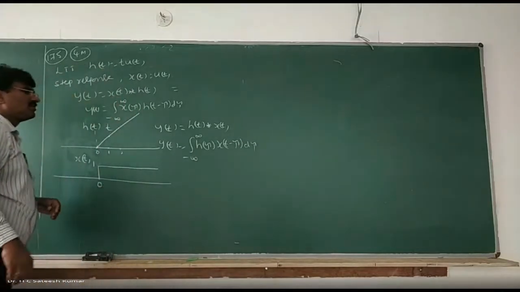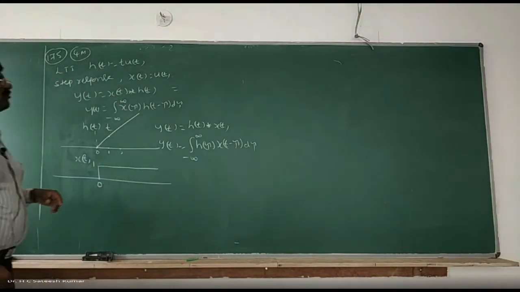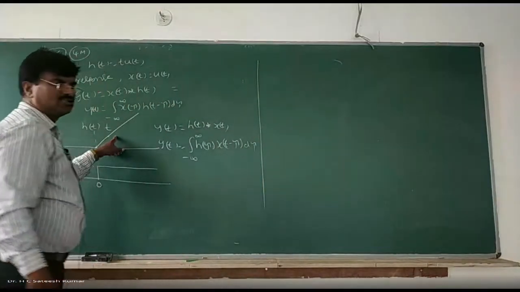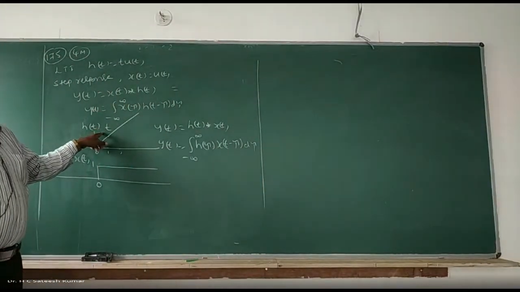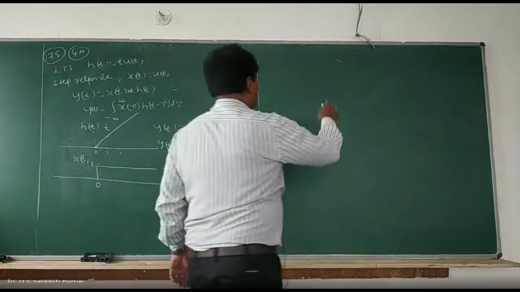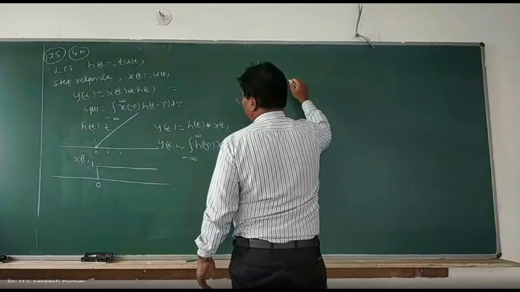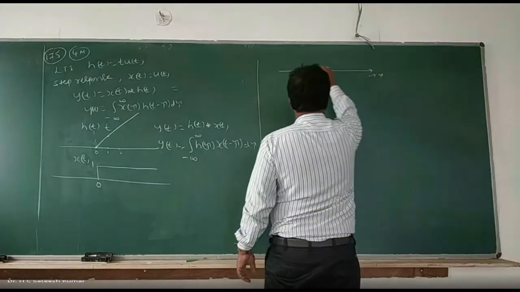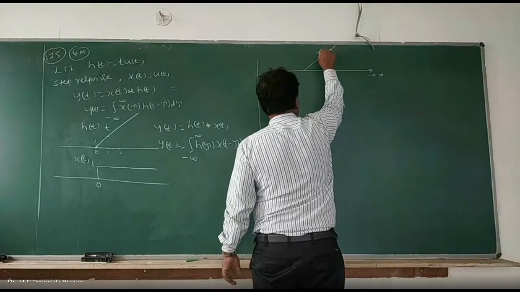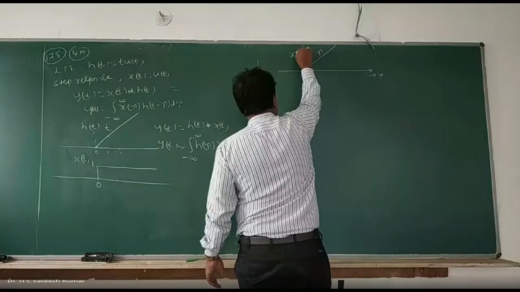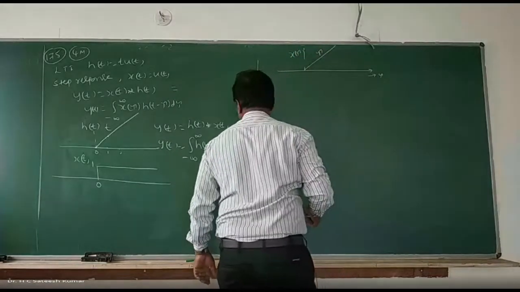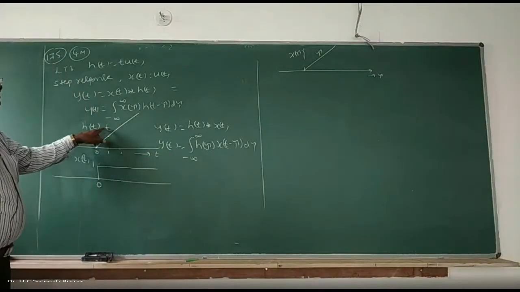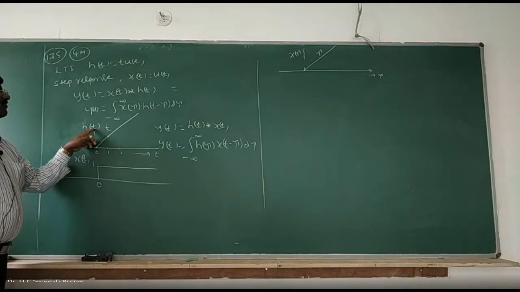Okay, right. What is this h of tau? Now you go for this. Carefully should do it, because this is the first time we are seeing a signal with time dependent. Okay, right. Now what you should do? H of tau is nothing but this is on the tau axis, and this t will become tau. Wherever t is there, you replace it by tau. This is time axis. This is t. So all these t's are replaced by tau.